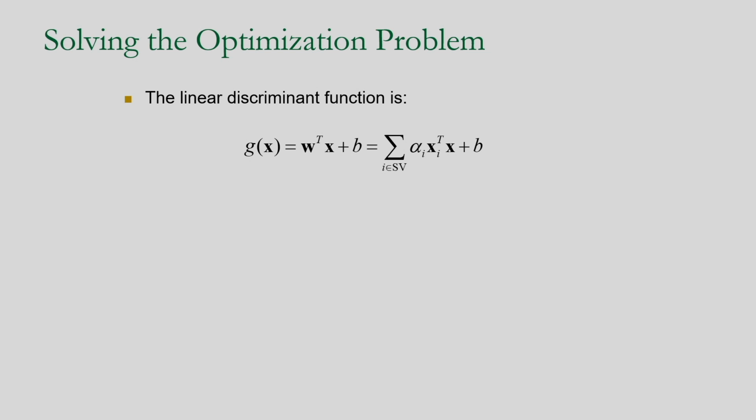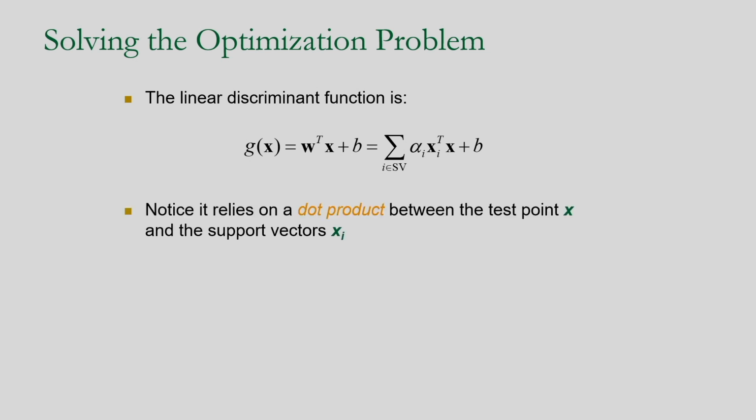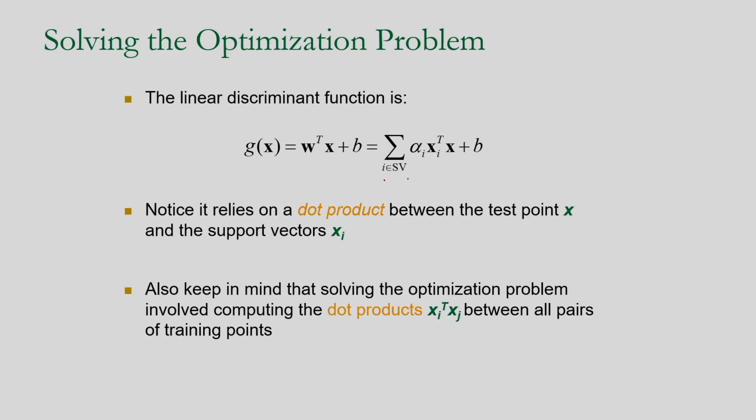And finally the linear discriminant function I will be getting like this, W^T x + b, which is nothing but this one, and I am considering only the support vectors. The i is mainly the support vector I am considering. So alpha i is nothing but the Lagrangian multiplier, and i is nothing but the support vector.